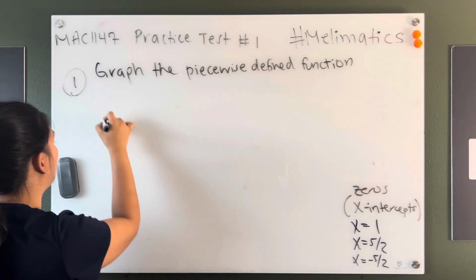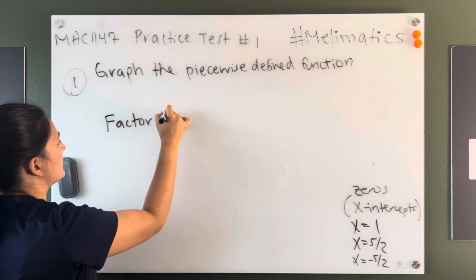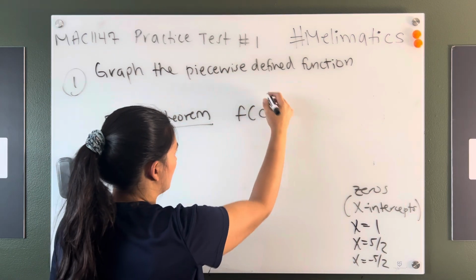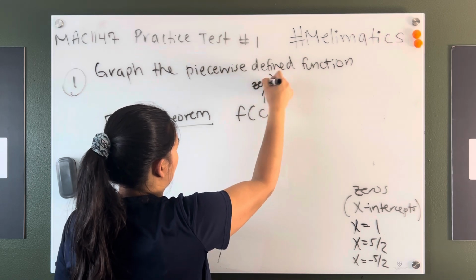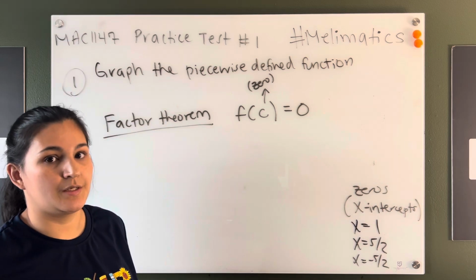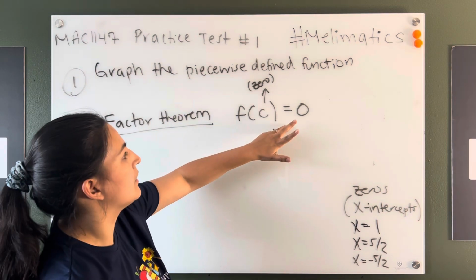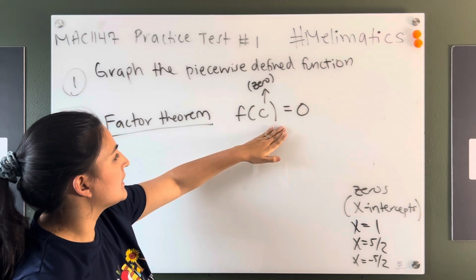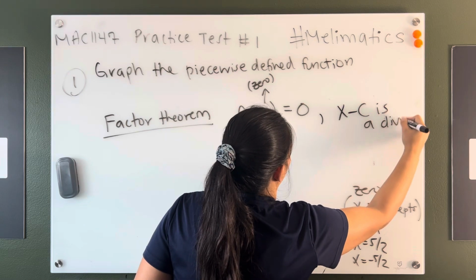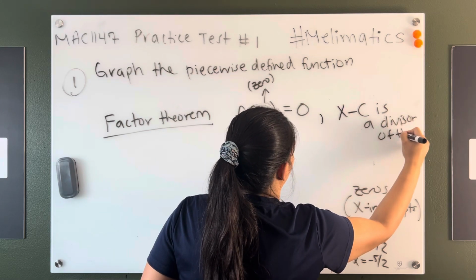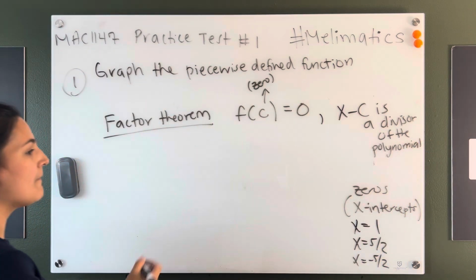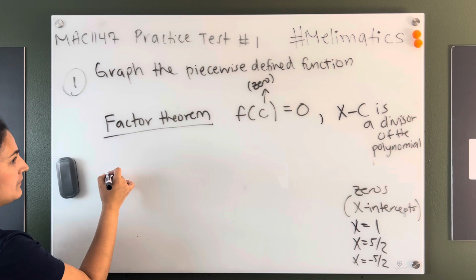Alright, how do we write this? Well, there's the factor theorem that we spoke about that says if you found a zero of the function, in other words, f of c, where c is that 0, and you are getting a remainder of 0 in the synthetic division, in other words, it is on the x-axis, then that means that x minus c is a divisor of the polynomial. In other words, this is going to be factored out and we're going to get,